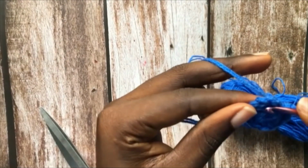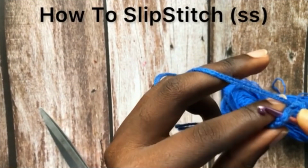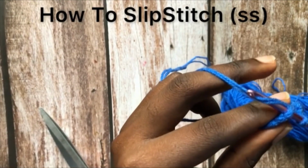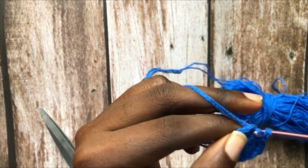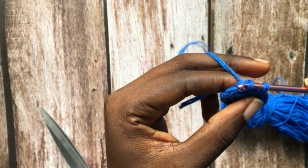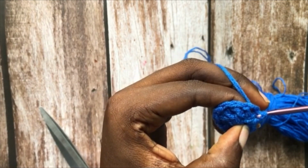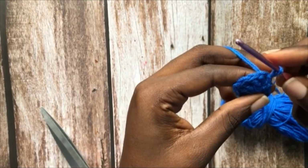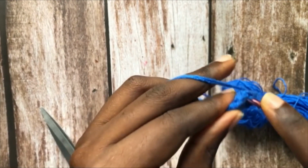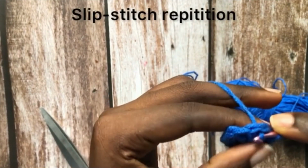Insert your hook into the top part of your work, yarn over, pull through to make it 2 loops, then pull through the last loop to slip stitch. Again, insert your crochet hook into the next stitch,